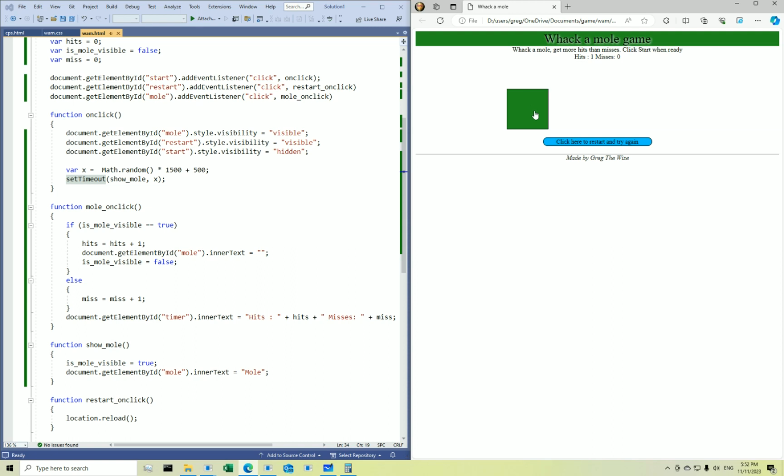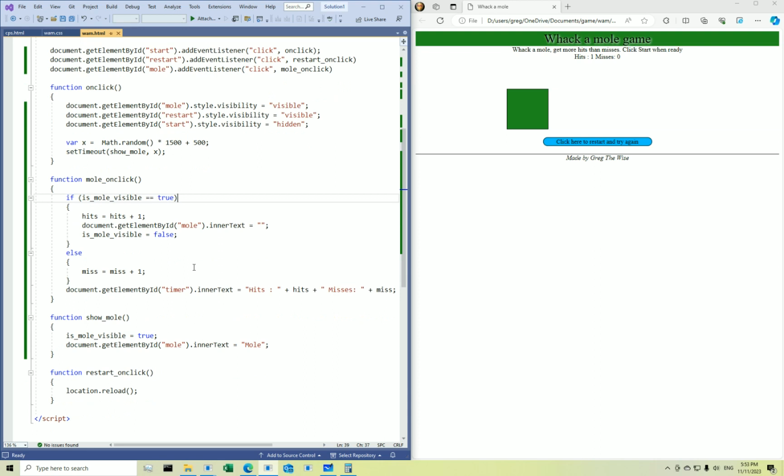So what we need to do is make the mole disappear after it appeared. It pops from the ground, and then you have to quickly whack it, or it will go back down the ground. So how do we do that? Well, let's think. Remember, everything we do